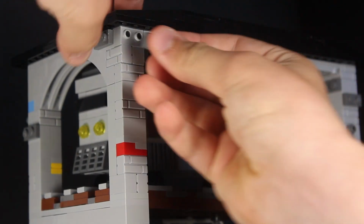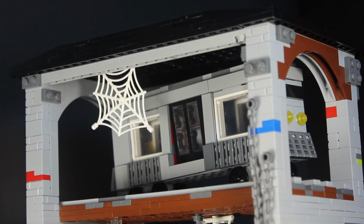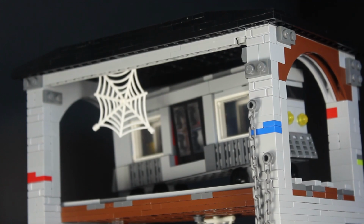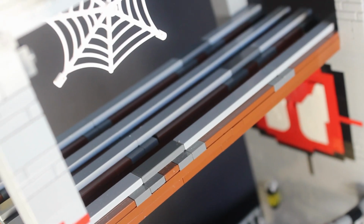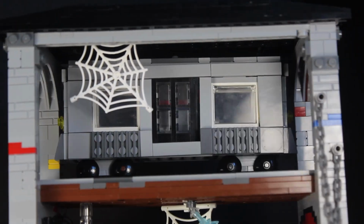There's also these patches of snot bricks with plates to add more dimension to the build, and these chains which add to the whole underground subway vibe. So there's actually these subway tracks that are made up of these jumper plates and gray tiles to resemble the different rails, and on top of one of them is actually this subway cart, and it's basically built using the